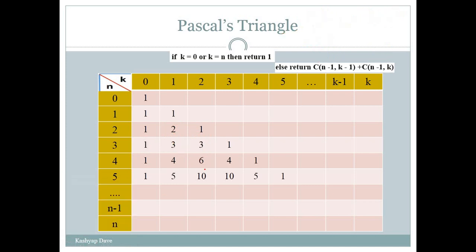If we want to find this value, let's understand it by its solution. Here n is equal to 6 and k is equal to 1. So at the position 5, 0 plus at the position 5, 1: at the 5, 0 position, 1 is there, and at the 5, 1 position, 5 is there. So the summation of 5 and 1, 6, will be there, so at this position our answer will be 6.